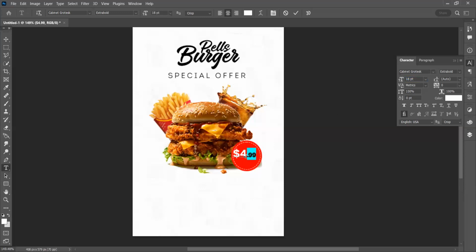We see that this 4.99 is not that serious. We can reduce the weight of that font, maybe to something like medium. Can we see it? So now, what do we do? We can Control T. I said that if you want to reduce the size of anything or move anything around, right? It's either we use this guy.